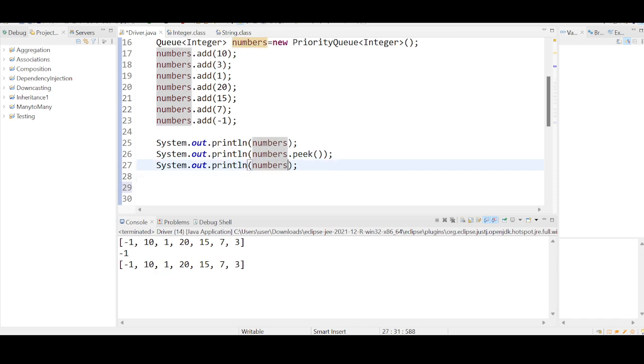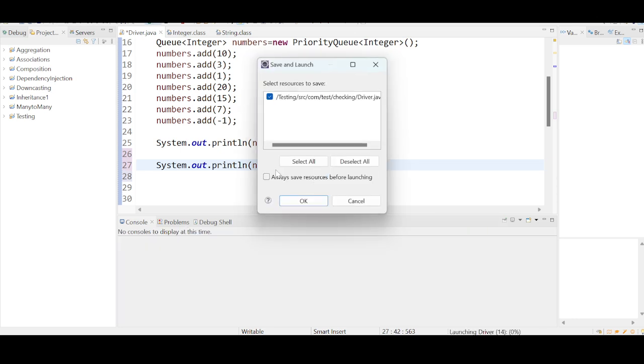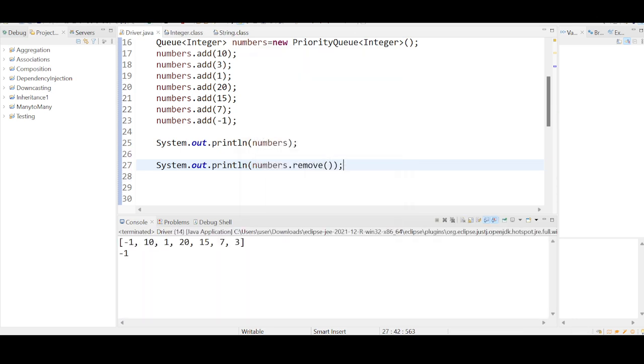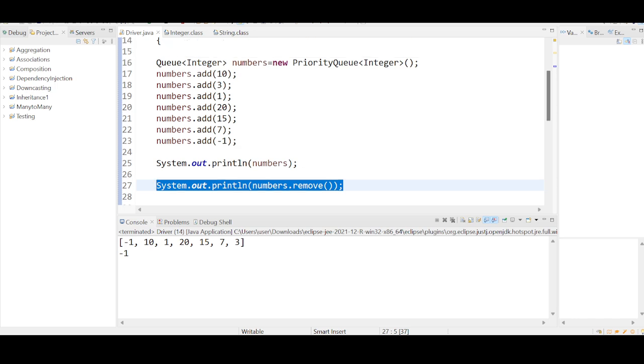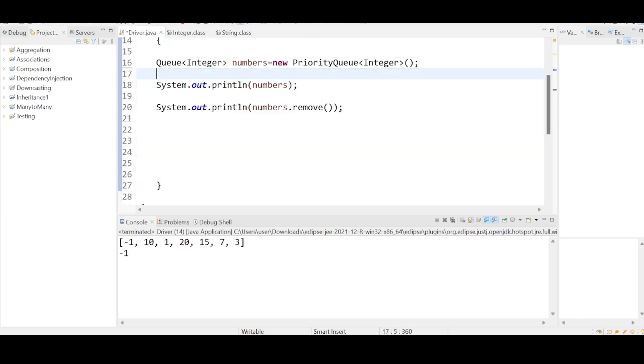Okay, let me remove this. So this remove method and this poll method are one and the same. They both are going to do the same thing. But there is a small difference between the remove method and the poll method. Both are going to remove the topmost element. But you cannot use the remove method on an empty priority queue. When I say empty priority queue, if you are not adding any elements, and you are trying to use the poll method,